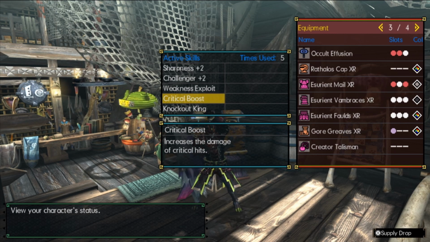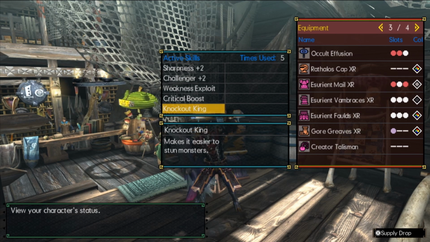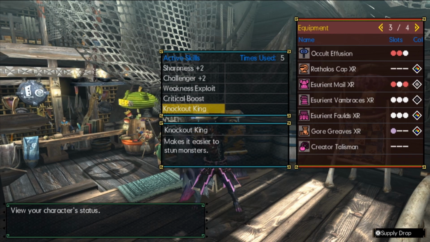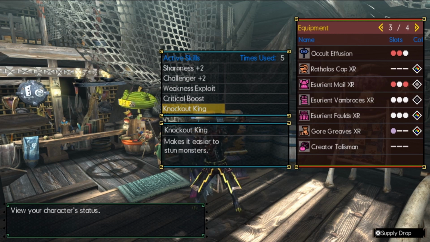It's overall just super good. And finally, KO King, your standard good old time of making it easier with hammer to get those stuns. These stuns are going to lead into windows where you can do things like your spinning meteor, or just do a ton of big charges and smashes to the face. Overall, with KO King, you're going to give yourself a lot of time and damage that you just normally would